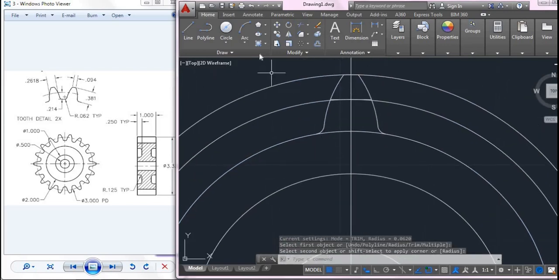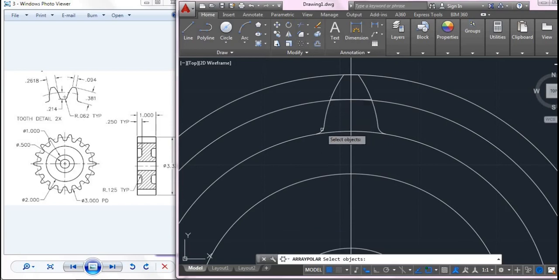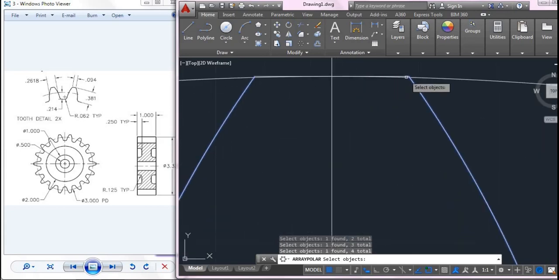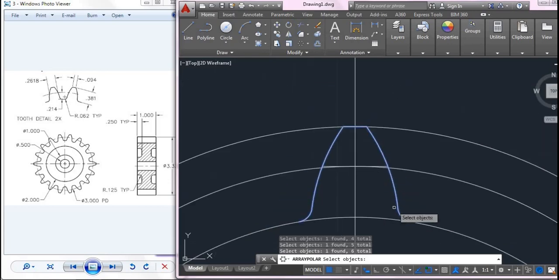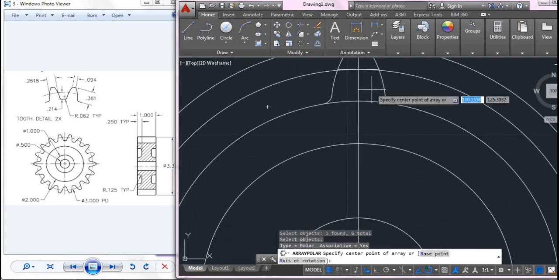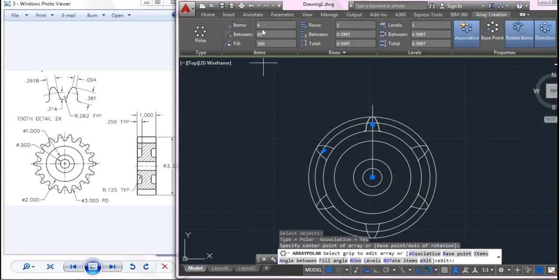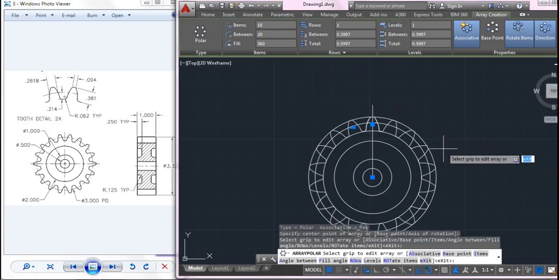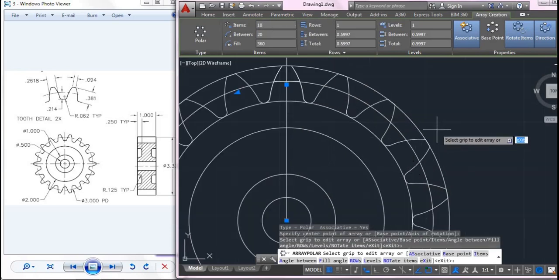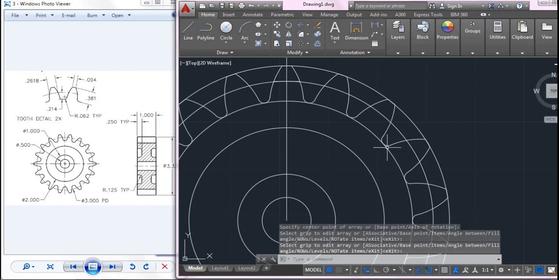Now you go for polar array and select all the curves that want to be arrayed, so that your work will become easier. I've selected this, enter, and it's asking for a center point. I'll be specifying my center point as this, and I will specify the items as 18. So now you can see that we got the array, also the filleted edges over all the edges.